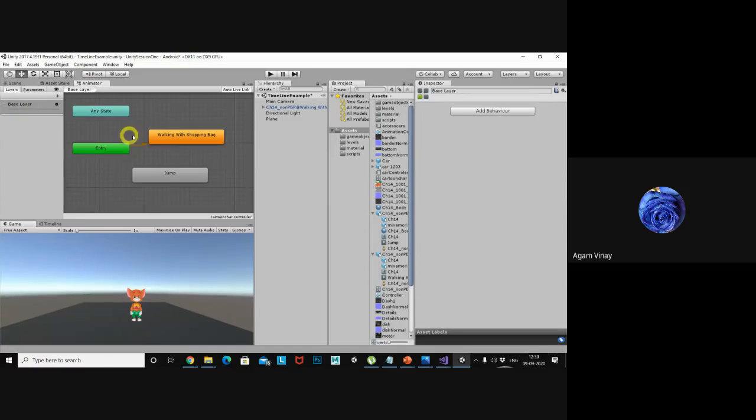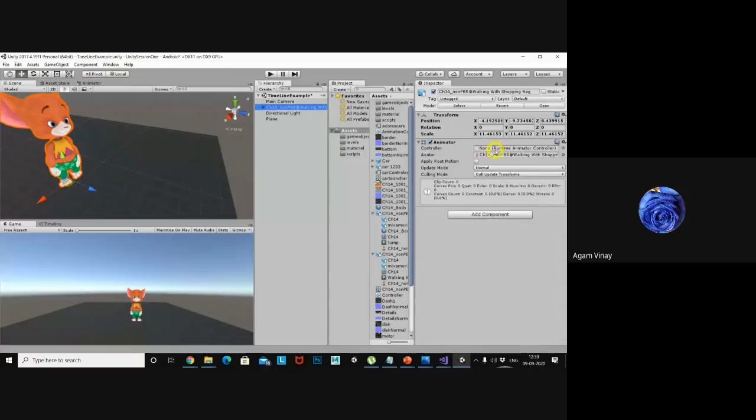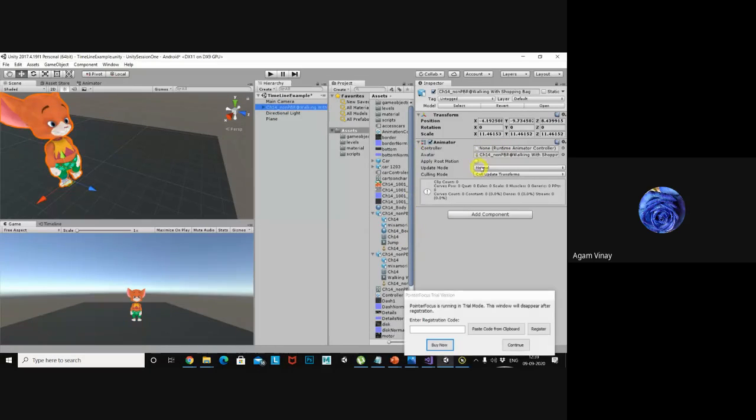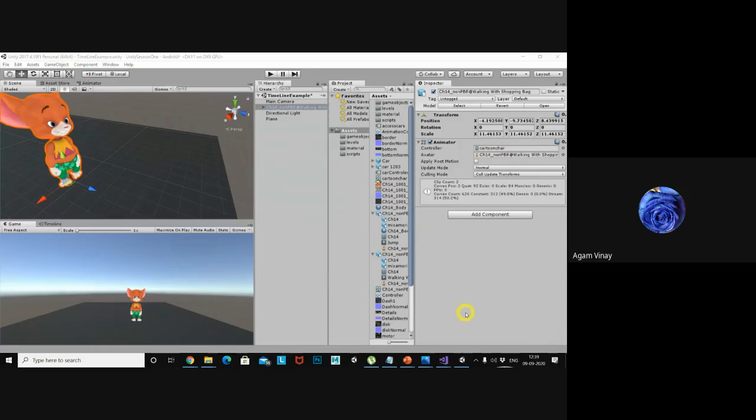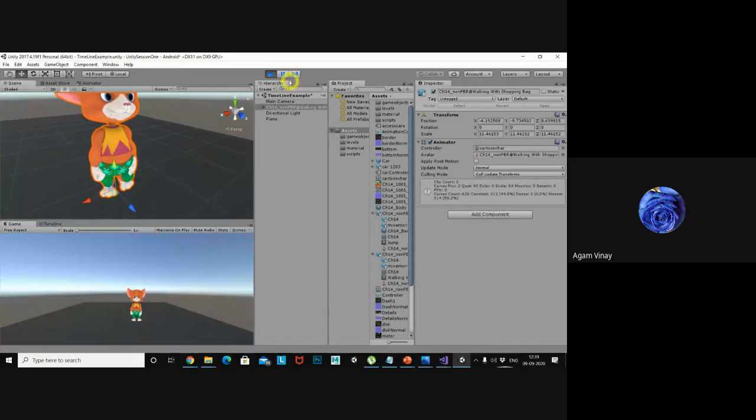Now my character doesn't have a controller, so I created a controller. Now let me add this. Cartoon character is my controller, just drag and drop here. Or, since that may be a lengthy process, you can just drag and drop the animation here and it will automatically add. So it is added. Now I want to play this. Now the character is animating, just check it.